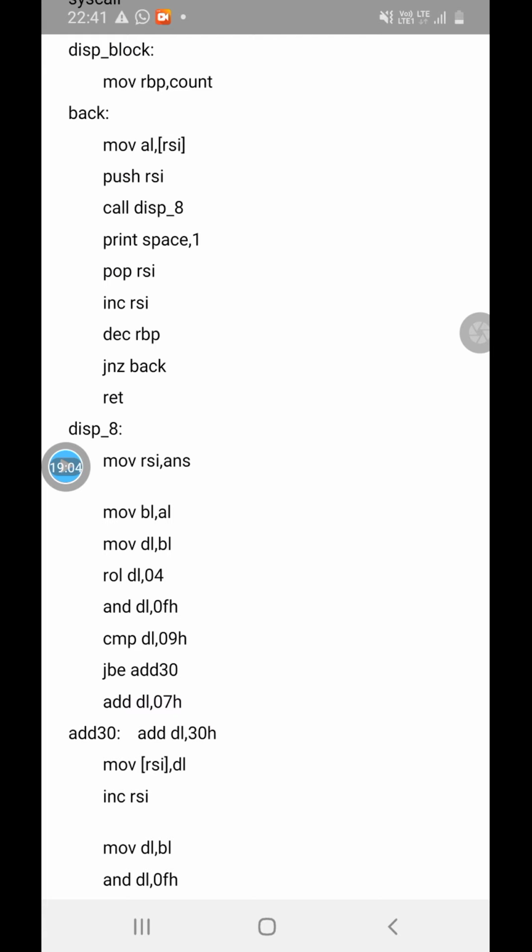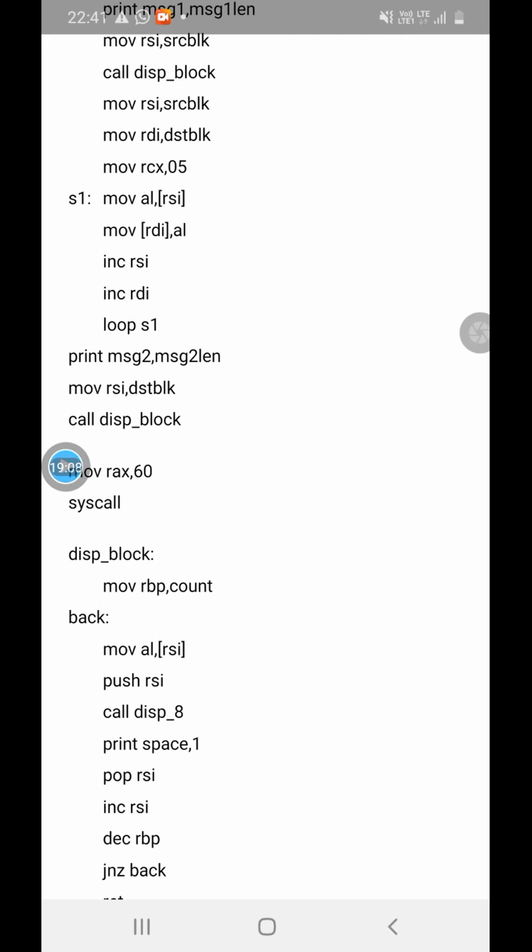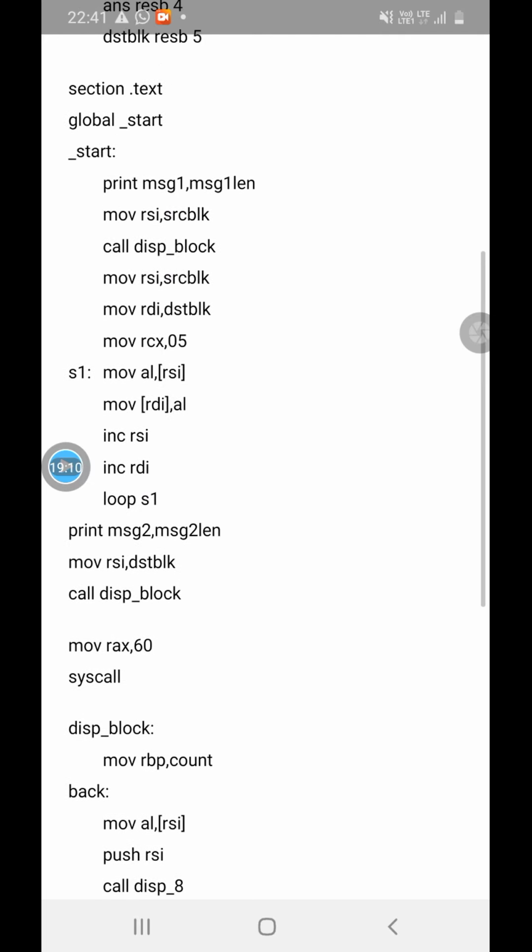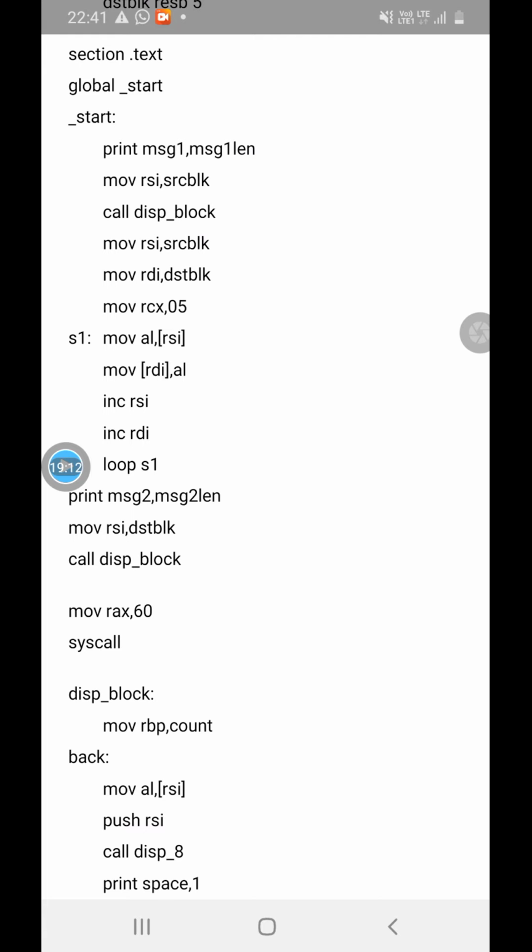Whenever you return from this particular procedure disp_block, you will return to the instruction next to call. That means you will return to the instruction move RSI, source block. Now your RSI has been incremented. Now I have to transfer the contents of the source block to the destination block.